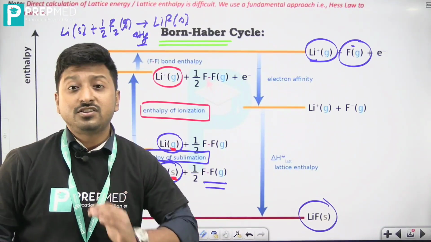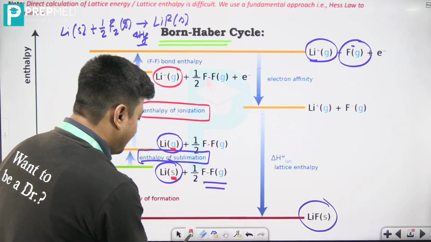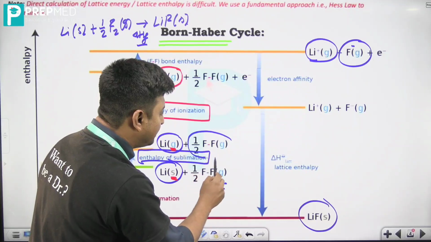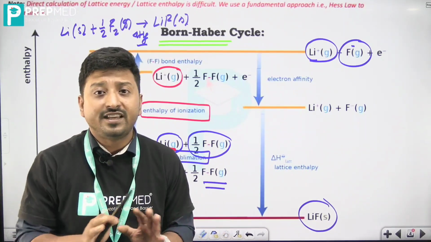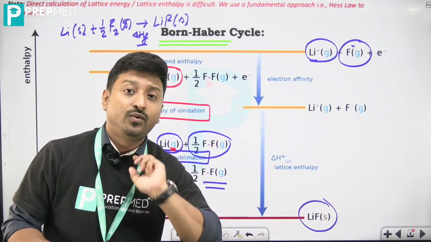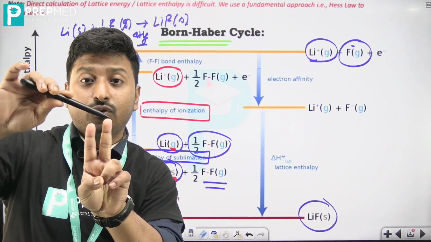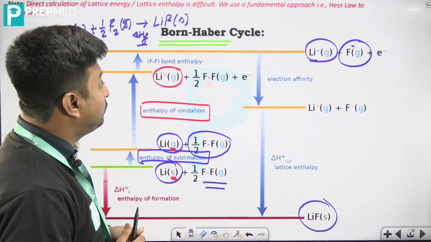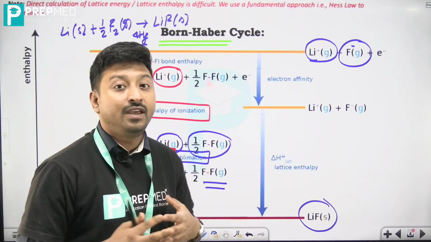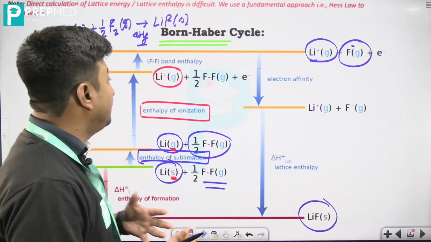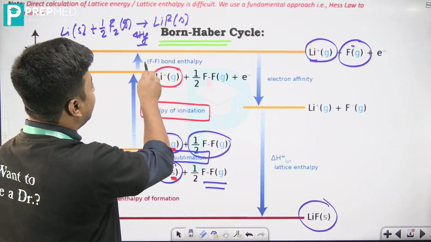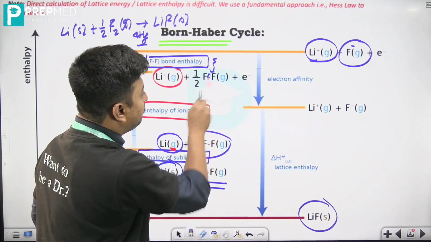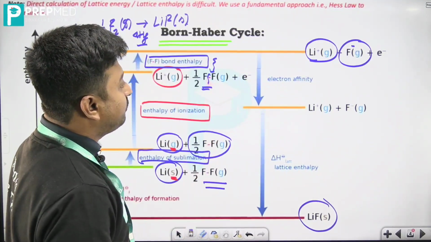But we are still not ready with the F minus. Now see what happens here. In case of F minus, the fluorine, as we know, is already in the gaseous state, so we are not changing its state, right? But the problem is that fluorine is F2, that is, two F atoms are connected together. So in order to break that covalent bond, what do we have to do? We have to put in a dissociation energy, right? Now in this dissociation energy, we have to use the F-F bond enthalpy. We have to incorporate it in order to break this F-F bond, and it will be converting into your